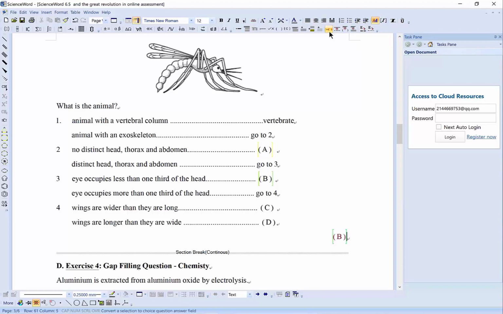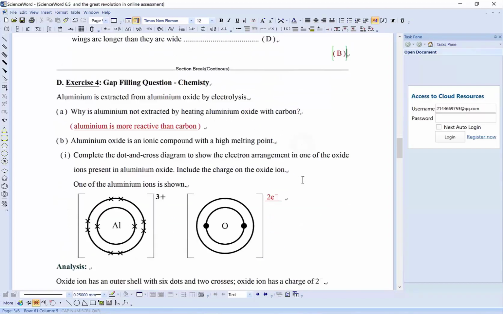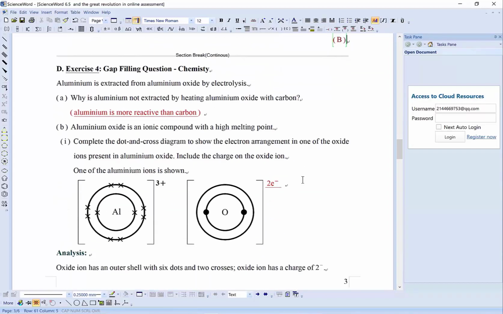Our next one is a fill-in question where we are filling the gap, and all you have to do is to highlight what you have as your correct answer. Just do the selection and then go look for the tool that says convert to gap filling question, and that's your answer. Even here that you have to write as a superscript, just highlight it and then convert it once again into a gap filling question. All right, so